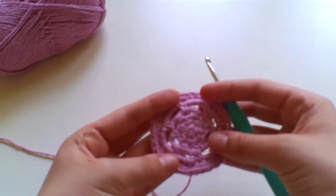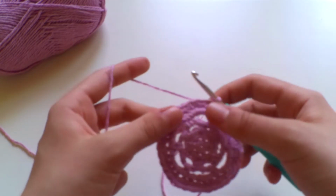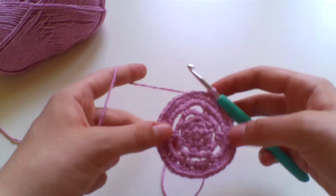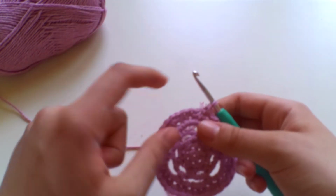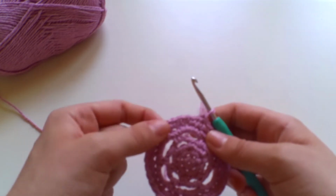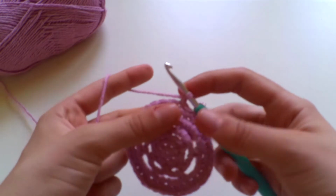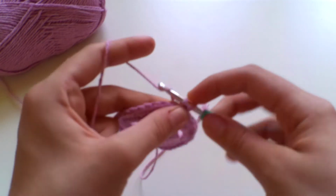So now we've almost finished the circle, we just have one more round to go, and it's very, very similar to the last round that we've just done. So to begin this round, again, chain 1. In this round we're going to work 5 double crochets into the next 5 stitches, and then we're going to work an increase. So into the stitch directly underneath, work 1 double crochet,